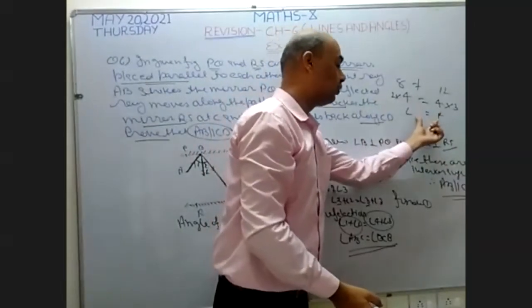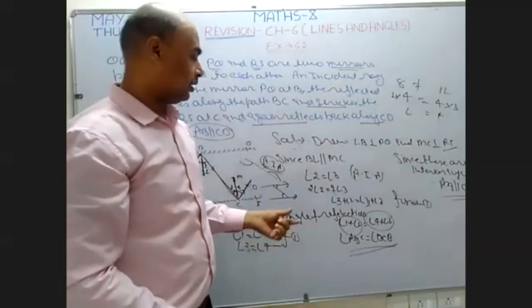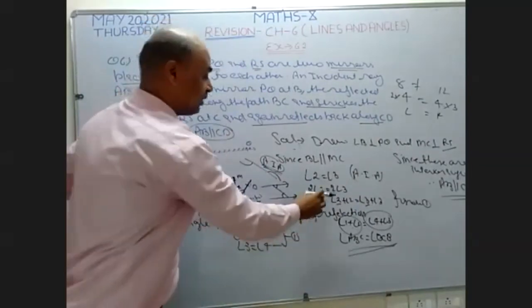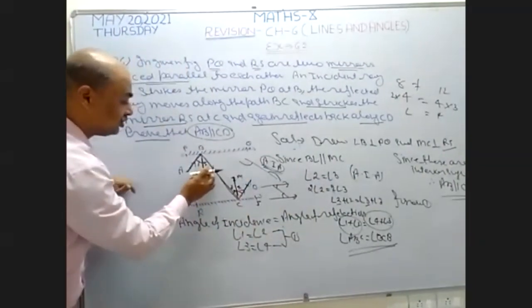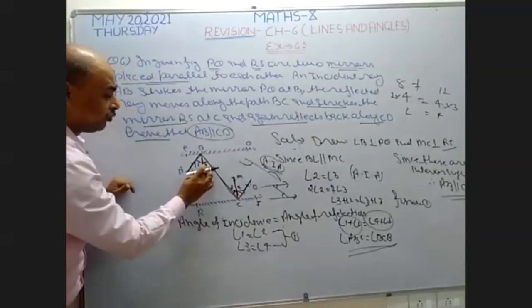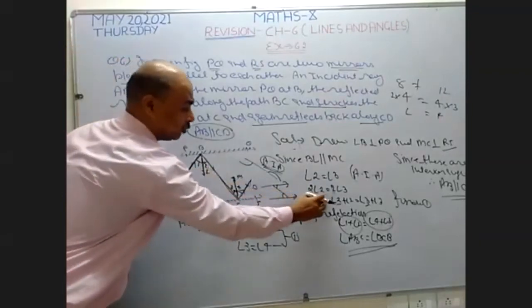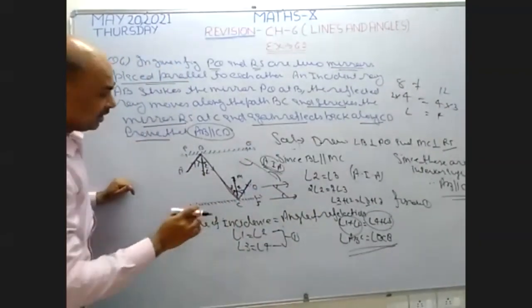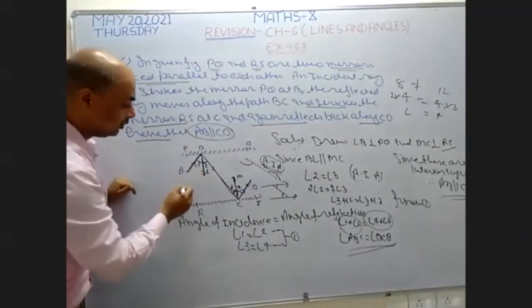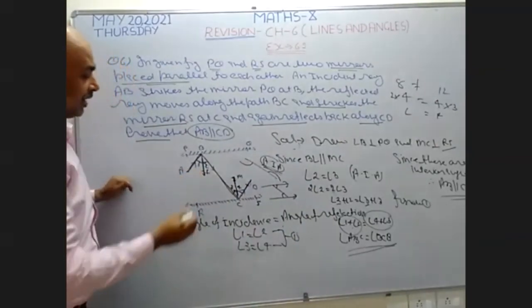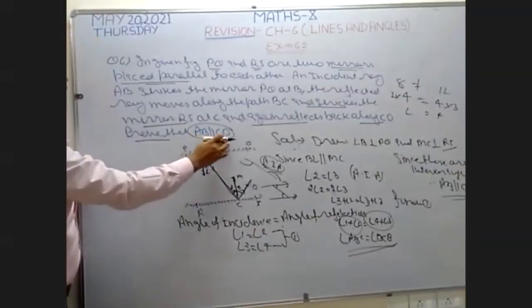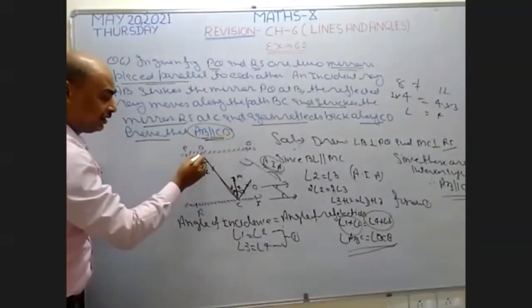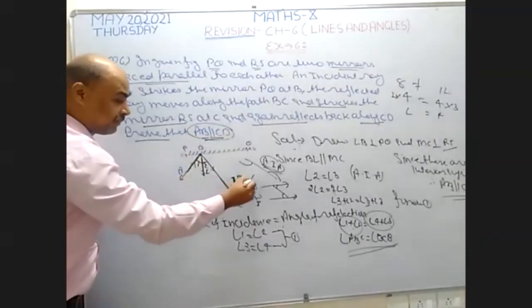Sir, what is the need of multiplying those angles with 2? This is the need, because I want to expand this angle. In my result, I want to expand this complete angle. For this complete angle, I want to multiply it. Okay, beta? So, sir, how will we get to know that we have to expand the angle? Okay, beta. In this question, what are you going to prove? That AB and CD are parallel. We are going to prove these two lines are parallel. Okay.